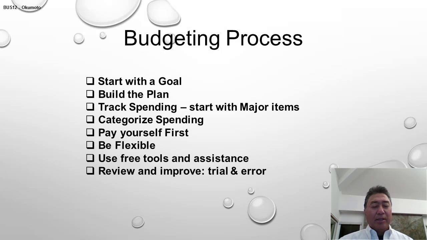And this next slide starts with, guess what, a goal. So you start with a goal. You have to have a financial number in mind. Let's say, for example, you want to go to college. And so your financial goal is, I need to save $10,000 for that first year of college. Or I need to save $20,000 for my next 2 years of college. Or, for example, I want to buy that car, so I need to save $5,000 for a down payment.